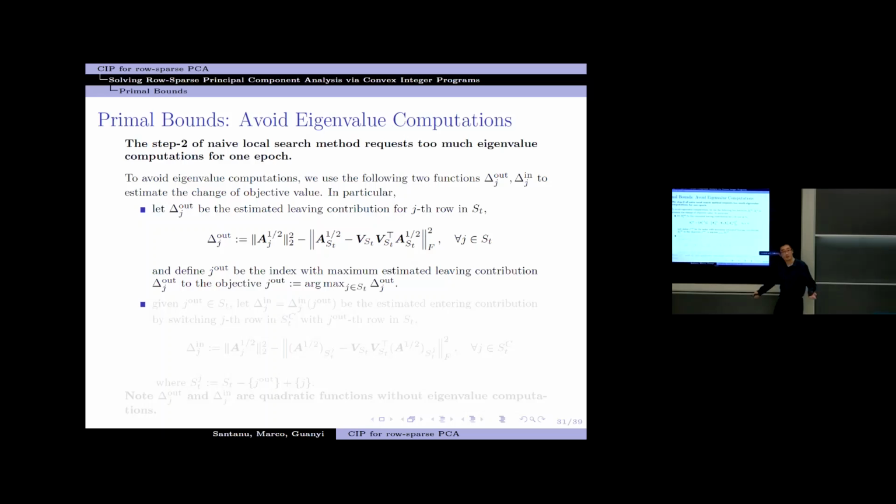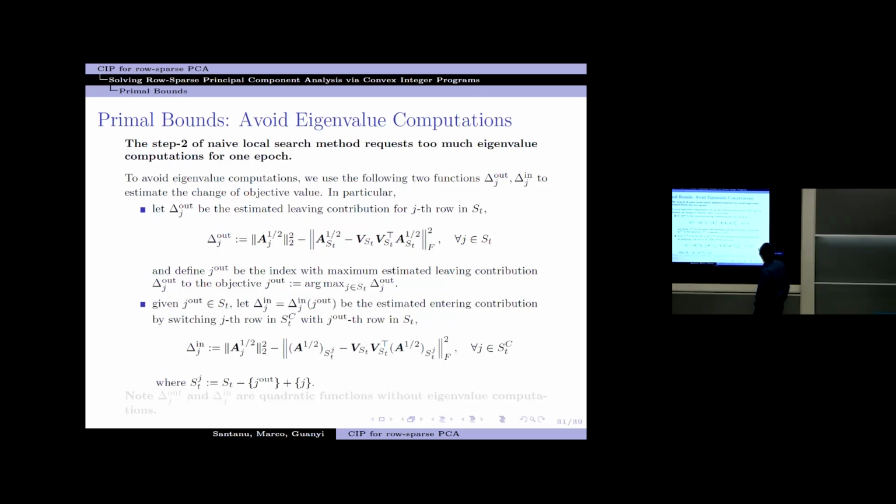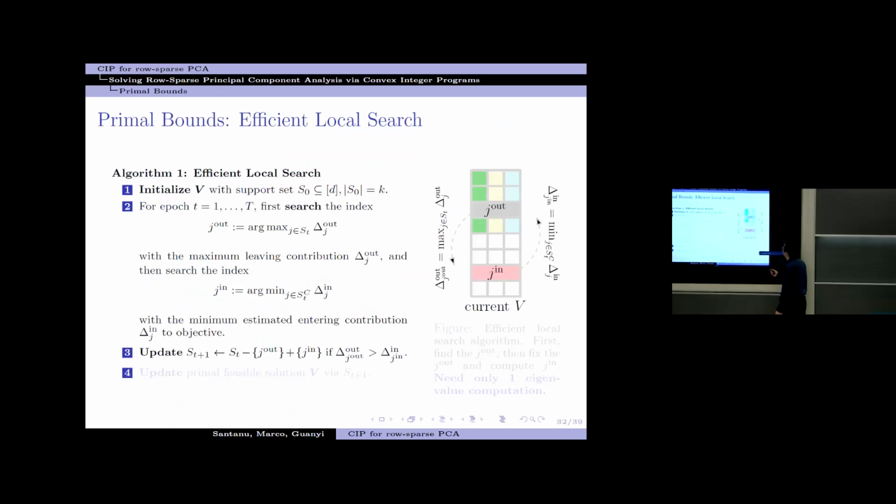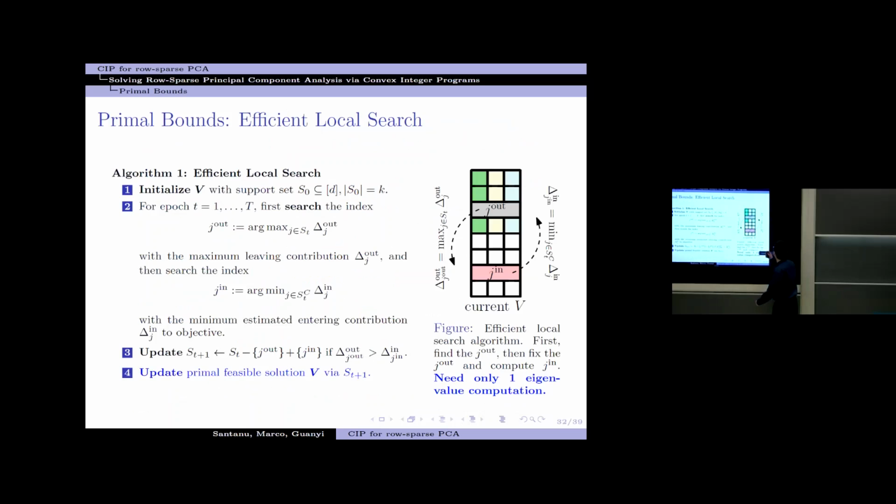So it is not good, and we want to improve the efficiency. We want to avoid these so many eigenvalue computations. So what we did is we consider a somewhat more sophisticated way. So here it is. What we do is, in each of the steps,